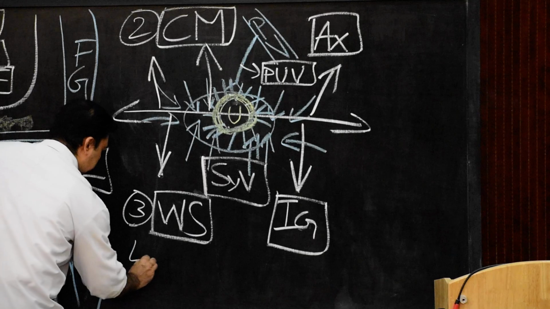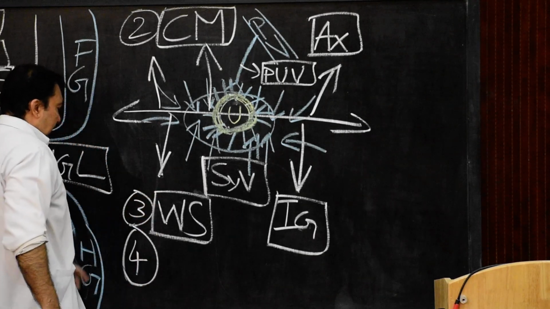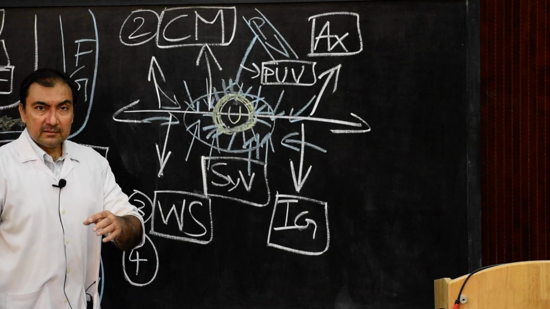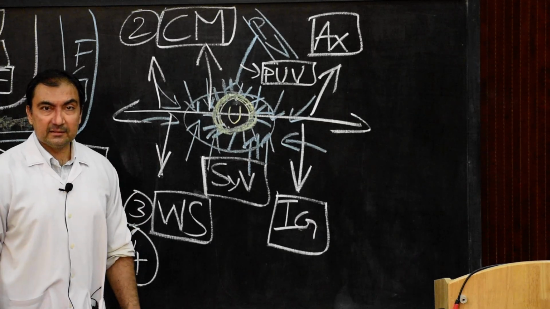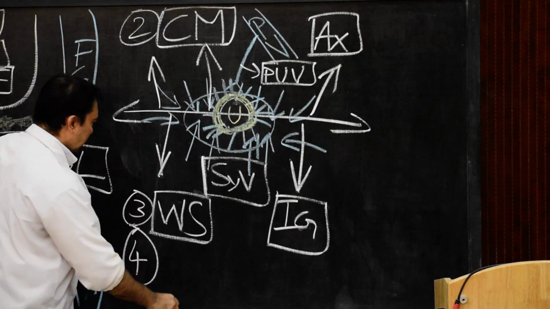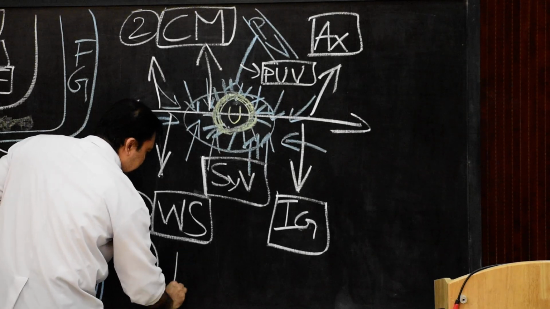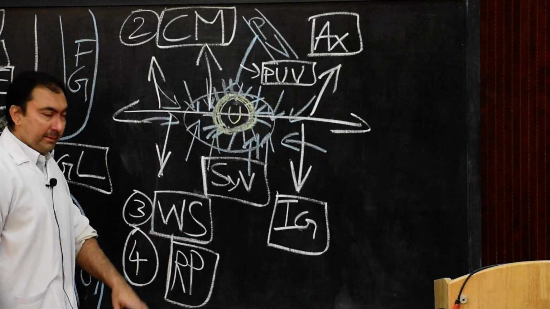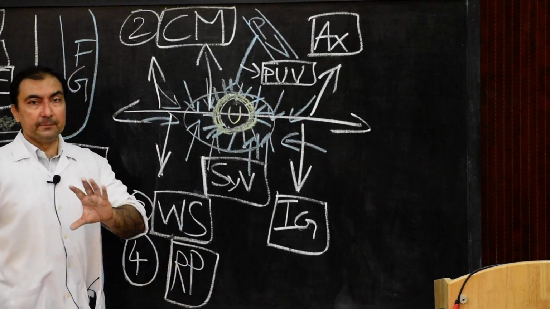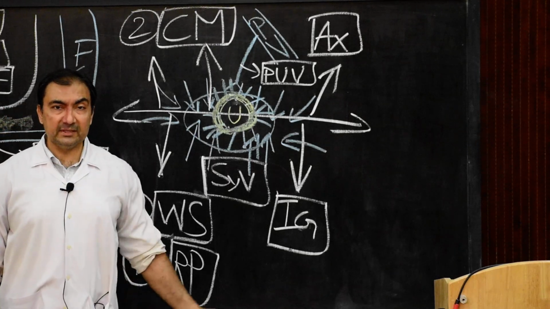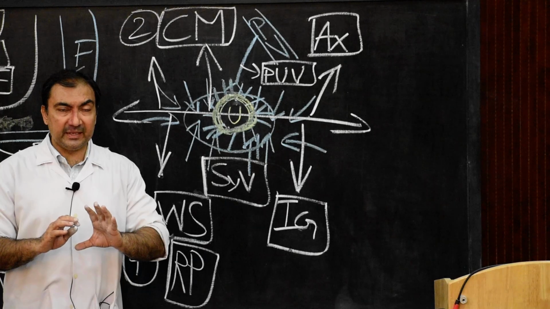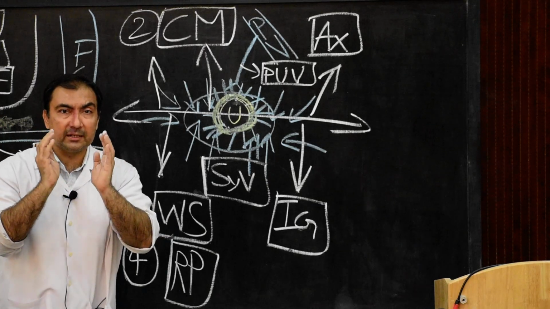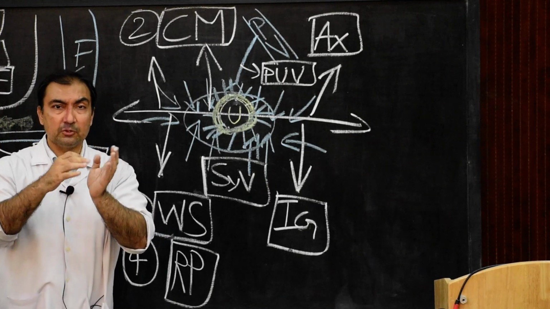Now point number 4. This is very important. The umbilicus now serves as the center where referred pains are exhibited, the point of referred pain. First, there is localized pain. Either there will be localized pain at the umbilicus, or there may be referred pain. Localized pain at the level of the umbilicus means the umbilicus itself has a disease causing pain at that particular point. It is called localized pain.